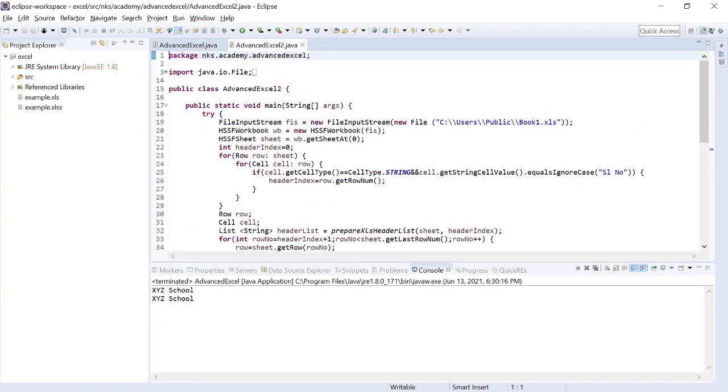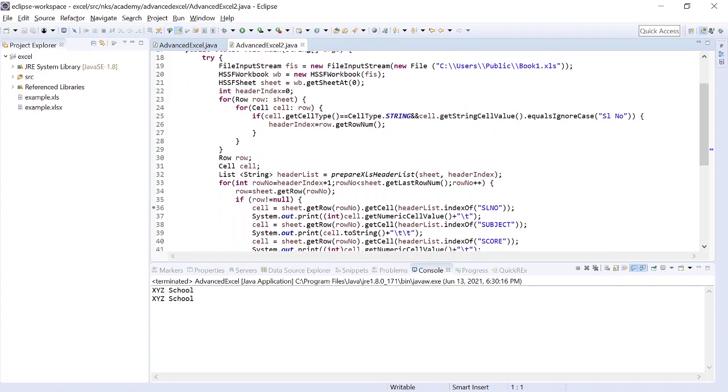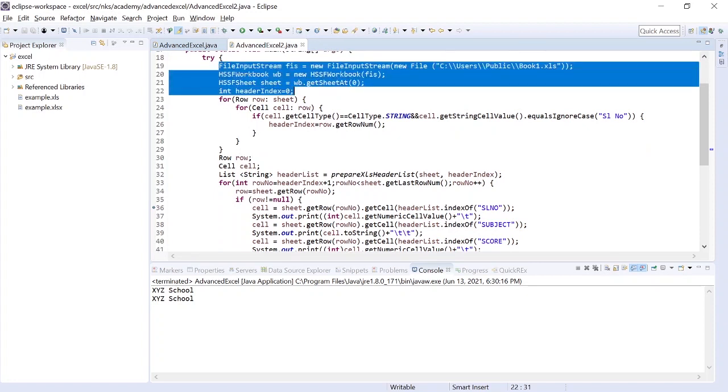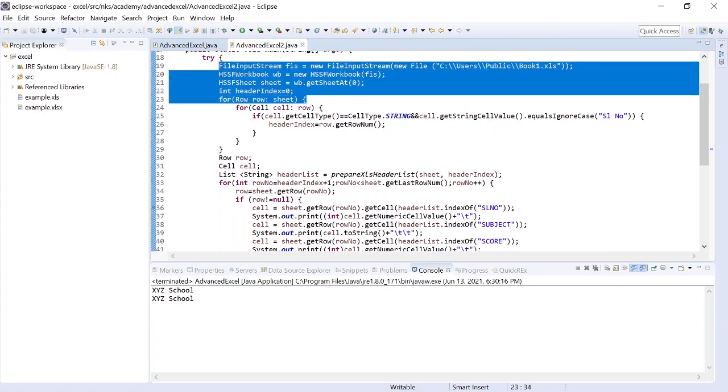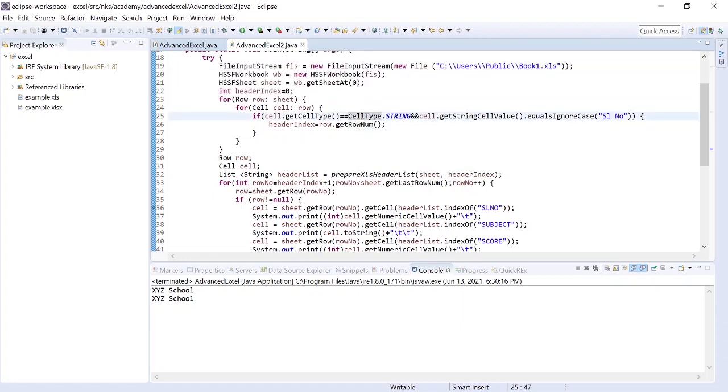Okay, so this is the one. In the same way we are reading the file, we are forming the workbook. These things you all are very familiar with. Now what I am doing here, I am finding the row number where the header is present. So it can be in the 5th row, it can come in the first row itself, no issue with that.